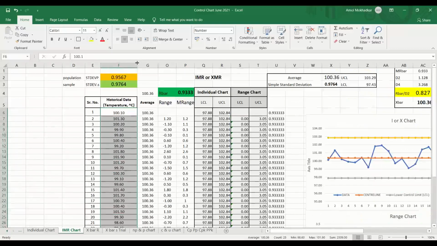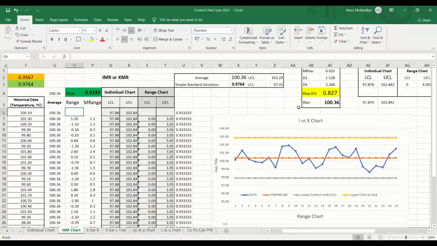Forget about the average. The minimum value is 98, maximum is 101. So you can take 95 to 105, and your standard deviation was 0.827, for example.